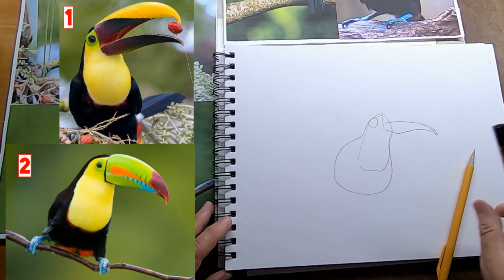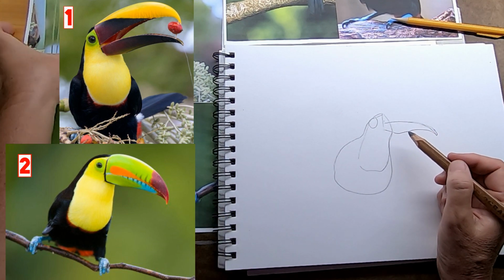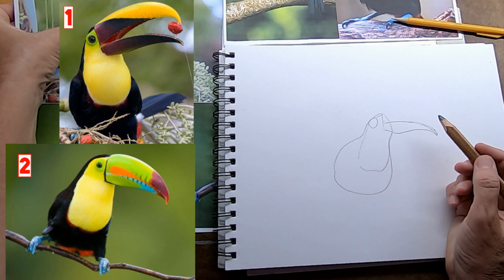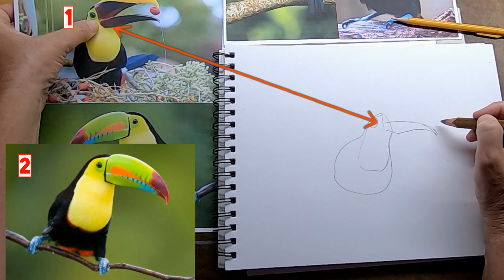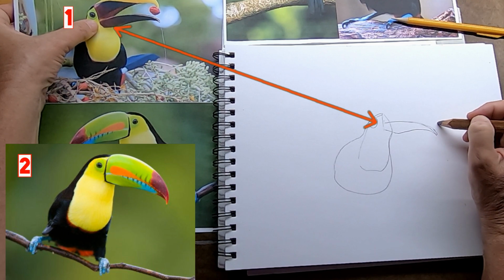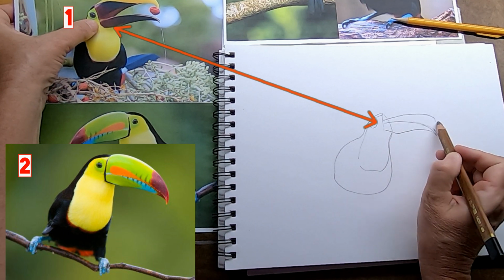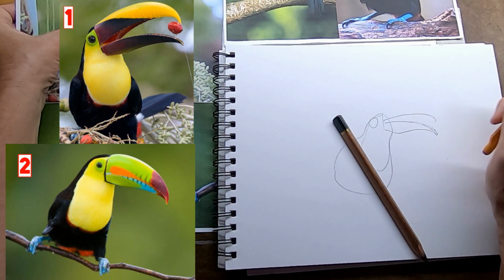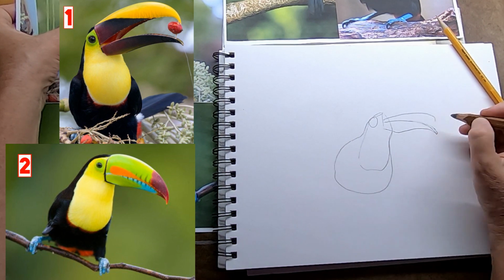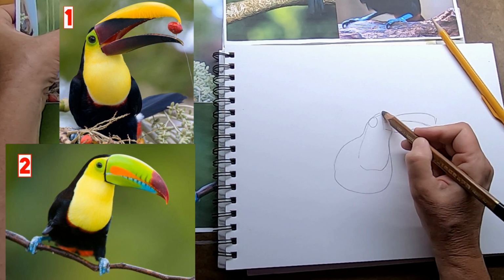Then we're going to draw the upper half of the bill, and I want you to notice there's a gap. If you'll look up where the number 1 is for reference photo number 1, where my thumb is, I'm showing you there's a gap between the lower and upper bills. So draw a dot all the way out to the end where your bill is going to go to, and then draw a line out to it that is a really gentle curve and then kind of curves sharply downward out at the end and leaves a gap between the